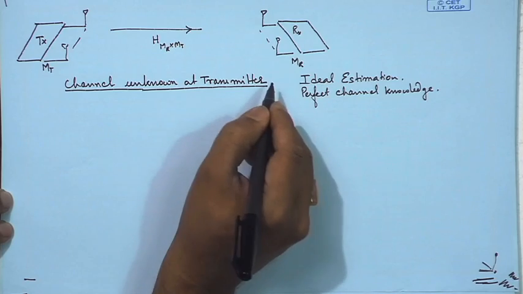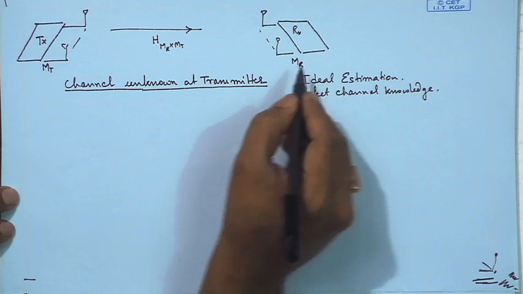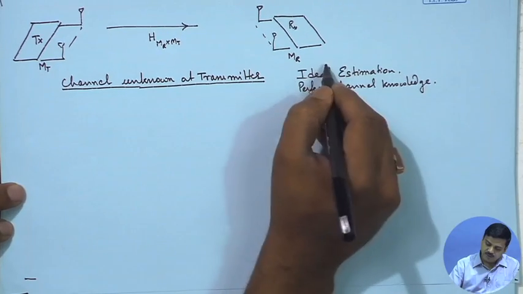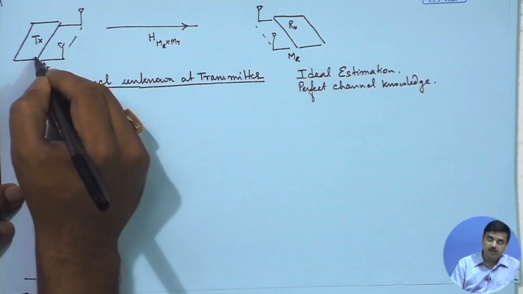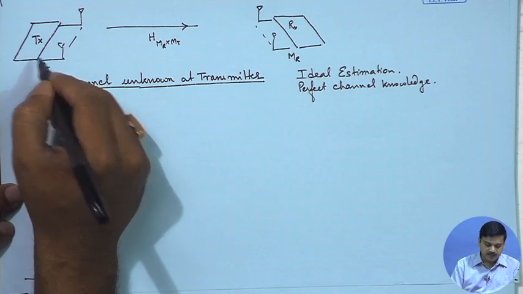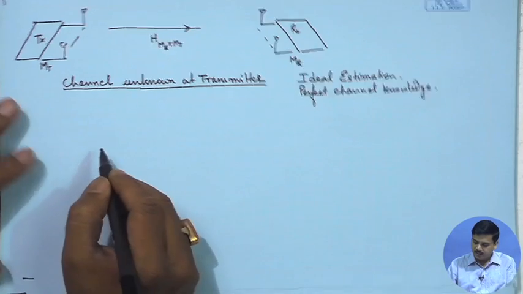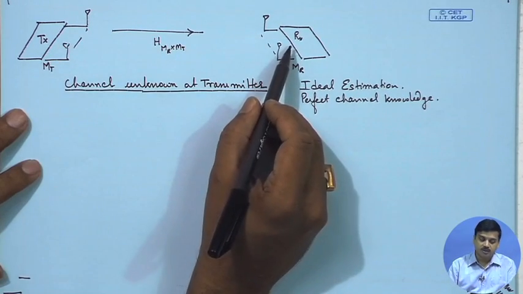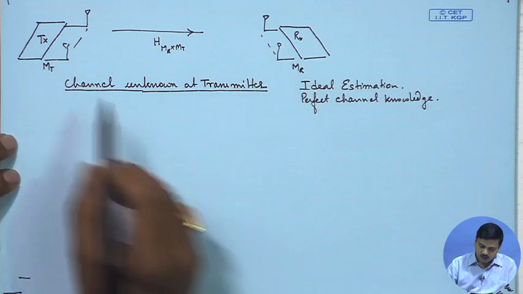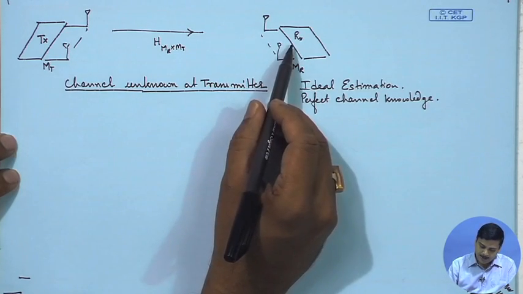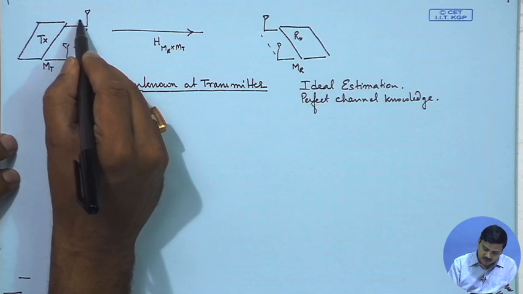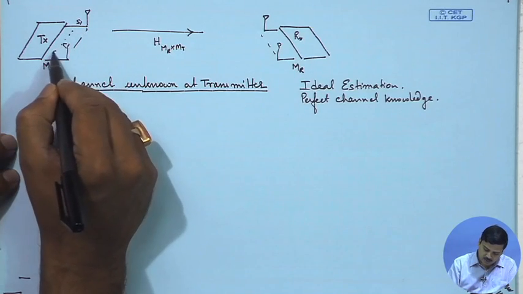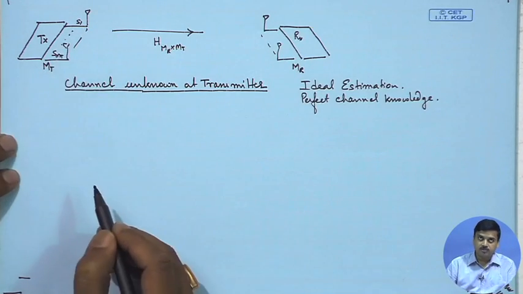The other situation, which we'll encounter after covering this, is when the channel, which is ideally estimated at the receiver, is fed back to the transmitter. This is the next situation which we are going to analyze. As of now, let's begin with the case when there is transmission from the source to destination in one direction. So when this is the situation, we have the signals S1 to SMT to be transmitted from the source,